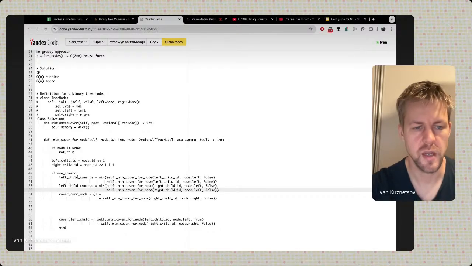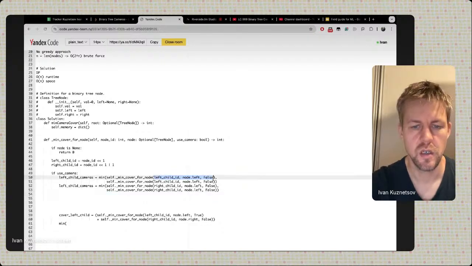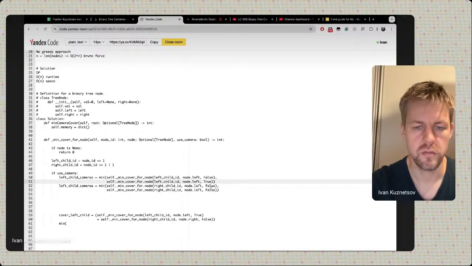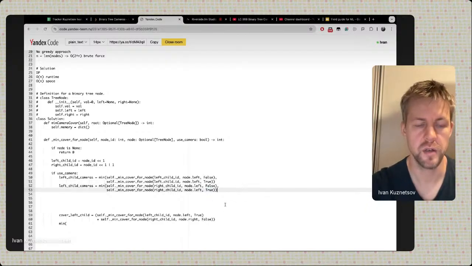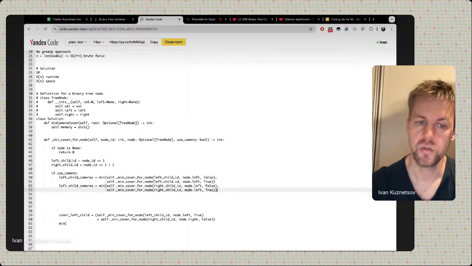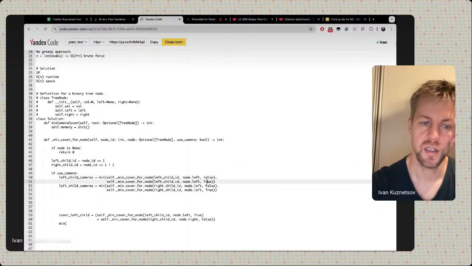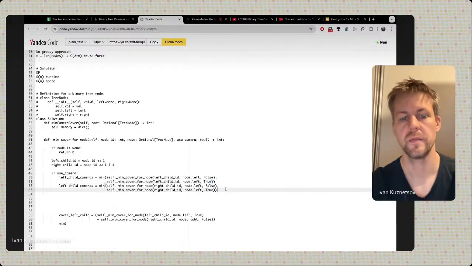So if use camera, we are definitely deploying camera on our parent, so we don't have to use cameras on our child. So we need to figure out what's the minimum amount of cameras that we can get if we use camera for the left child or if we use camera for the right child. Now